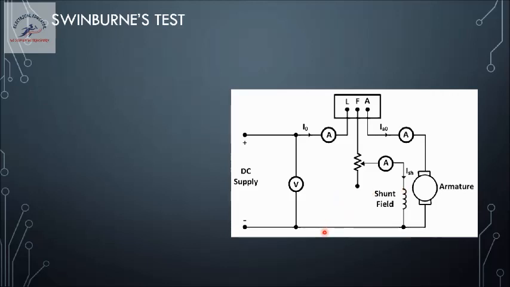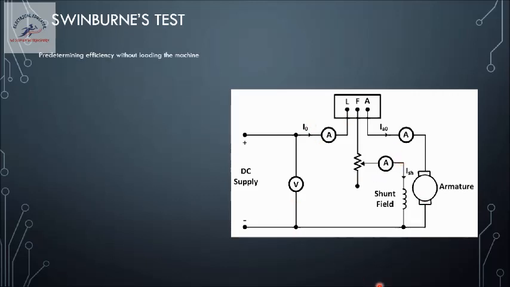The setup is simple. We have to switch on the supply and make sure that the motor is running at its rated speed. To adjust the rated speed, we are using the shunt field control here. We have to make sure that the armature is getting the rated supply voltage and the rated field current is flowing in the shunt field. Under this condition, the motor will rotate at its base speed. At this particular condition, we note down the values of these meters.